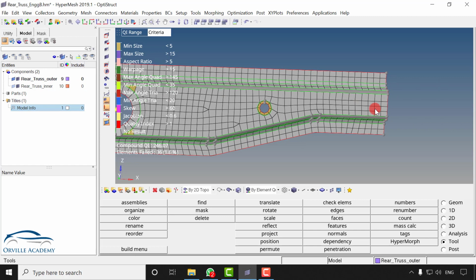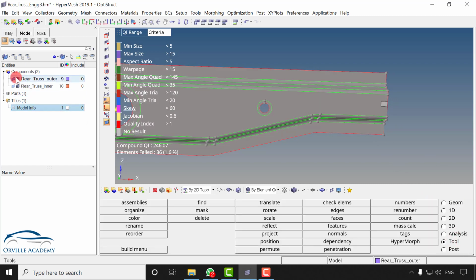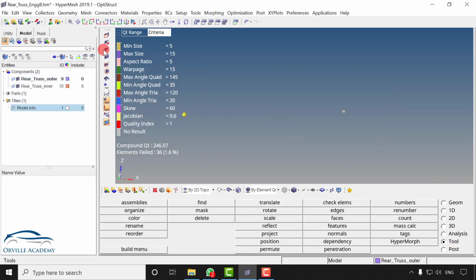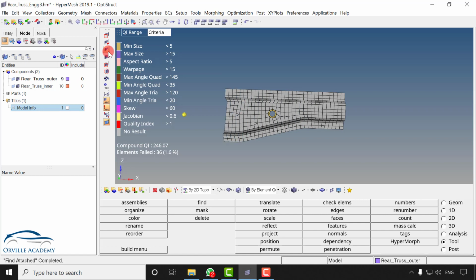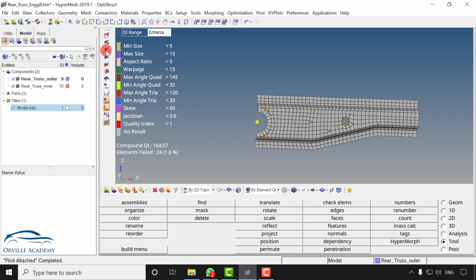You can check it by going for F5, select one element, mask it, and say reverse and say return. Now hide the surface. Now if I go for unmask adjacent, every single element has to come, and if you observe carefully, they are coming layer-wise. That means my elements are properly connected. But from here they are not coming. That means here I have to again check for connectivity.